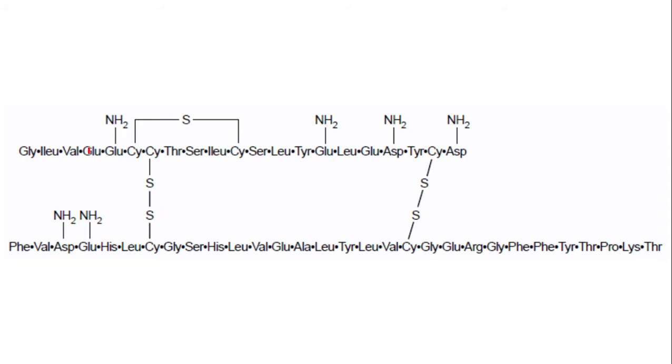You know that there are two strands, the A chain and the B chain. You count and find out how many amino acids are there in the A chain, how many amino acids are there in the B chain. This is the structure of human insulin, and this is a disulfide bridge. You know that a disulfide bridge is connecting two cysteine residues. How many interchain disulfide bridges are there and how many intra-chain disulfide bridges are there? You find out all those things.